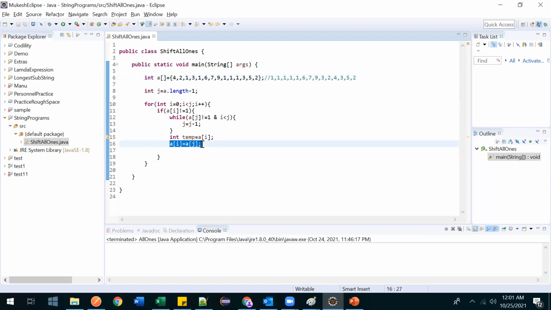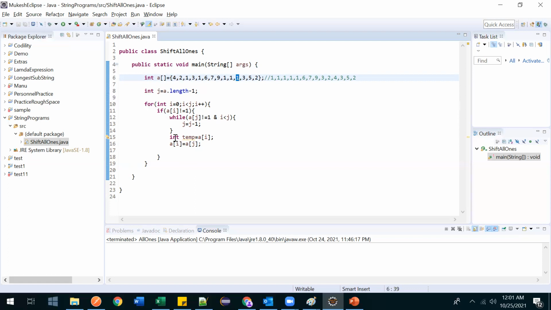At this point, we took the value of aj at this position and assigned it to the ith position, ai. The first time, I will be over here. So now this will become 1 and still this is also 1.